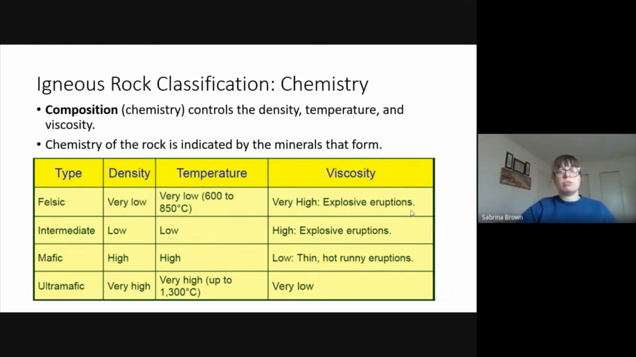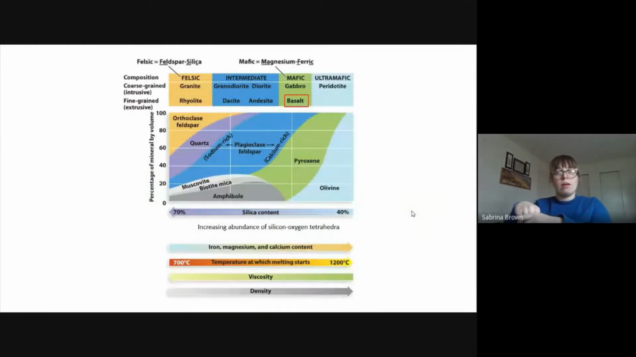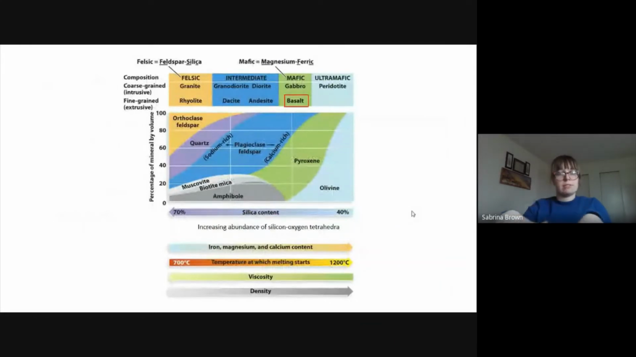We sort of use chemistry and minerals interchangeably, right? Because the chemistry, the elements that make up the molten material, are the building blocks to make the different minerals that we then see solidified in our igneous rock. All right, so we can think about these things, this classification, on a scale. And so again, we can see as we look at composition on a scale, notice that